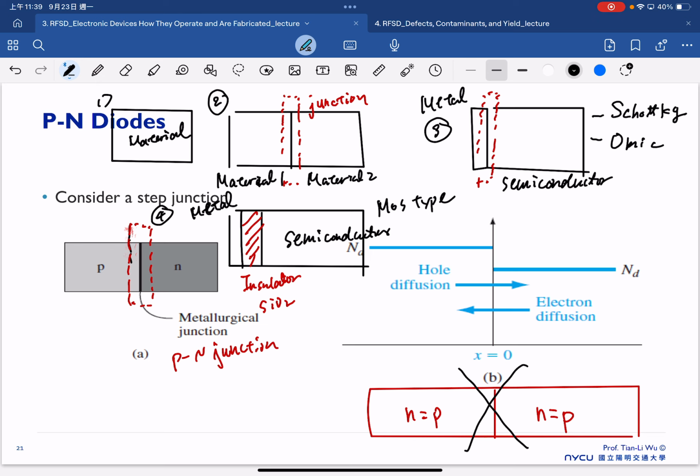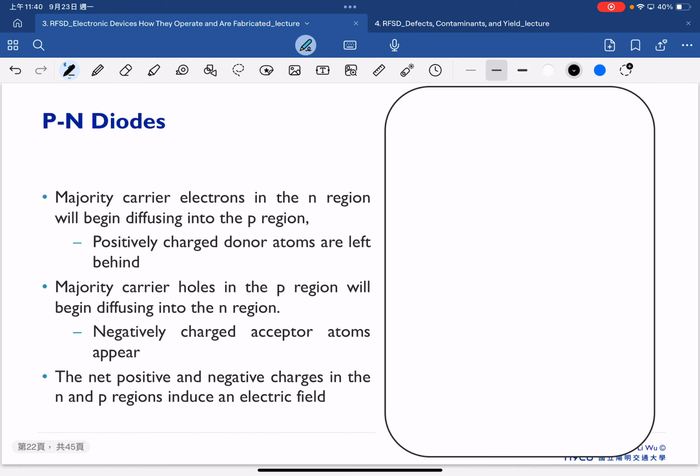So that's very interesting, because naturally another mechanism comes out that will let diffusion dominate the whole process. That's the key to understanding the PN diode here. So again, when we consider the PN junction or PN diode,